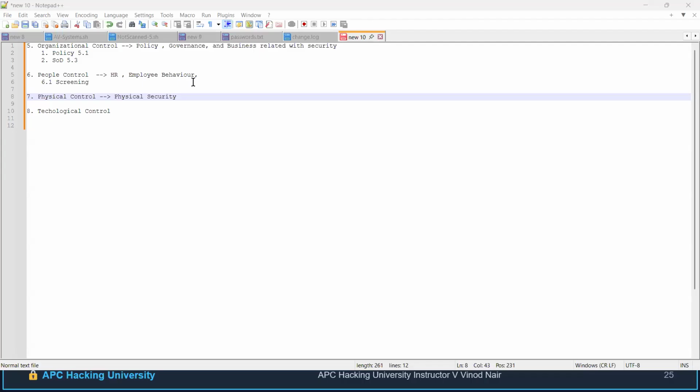So when the person is inside the organization, let's say I am inside the organization and I am accessing critical data from the US or somewhere. If I am not loyal to the company, I might steal the data. I might send it to someone. So for that, what kind of control are you going to have within the organization? One best thing is clear desk and clear screen display.